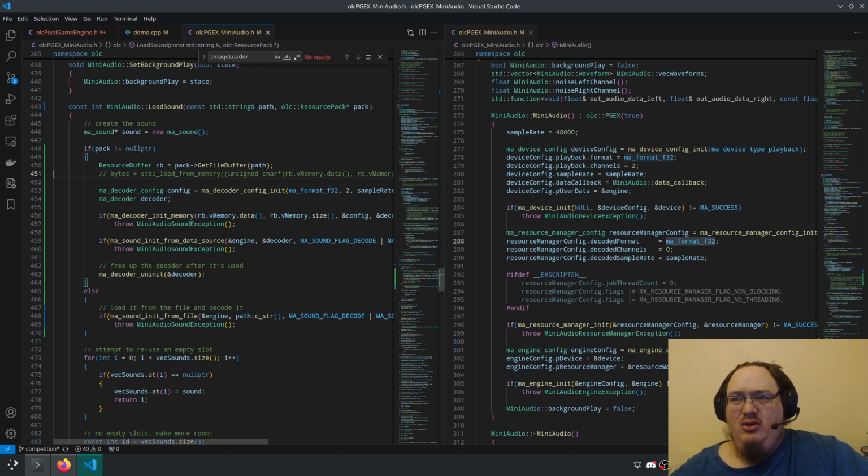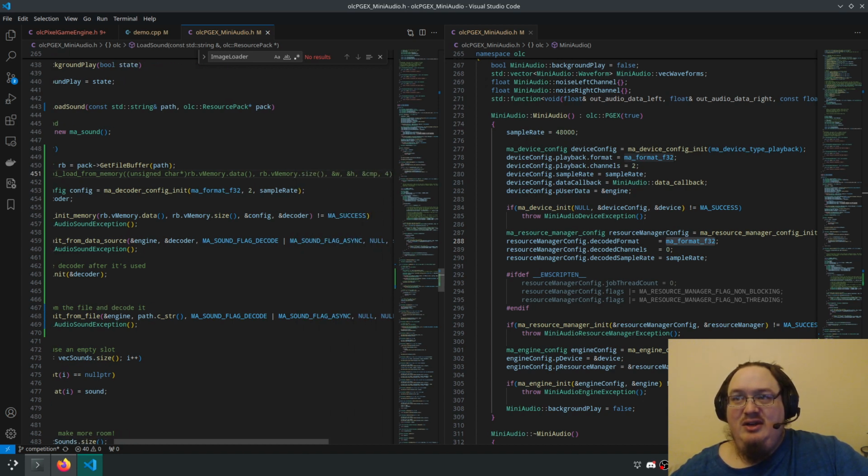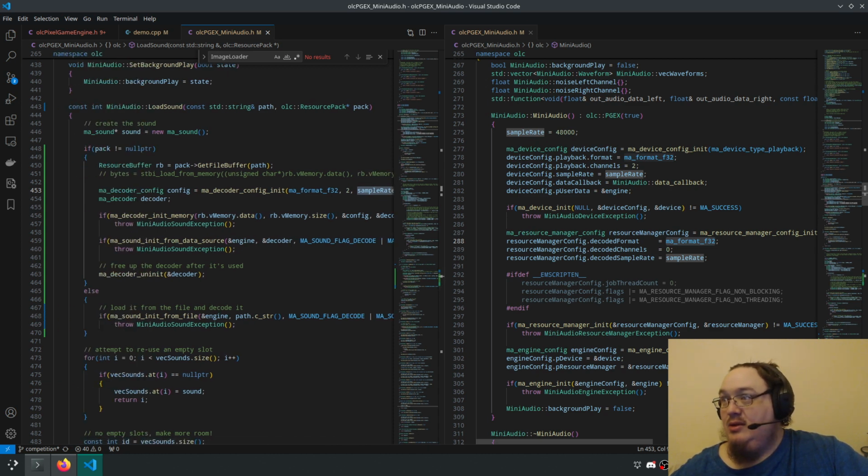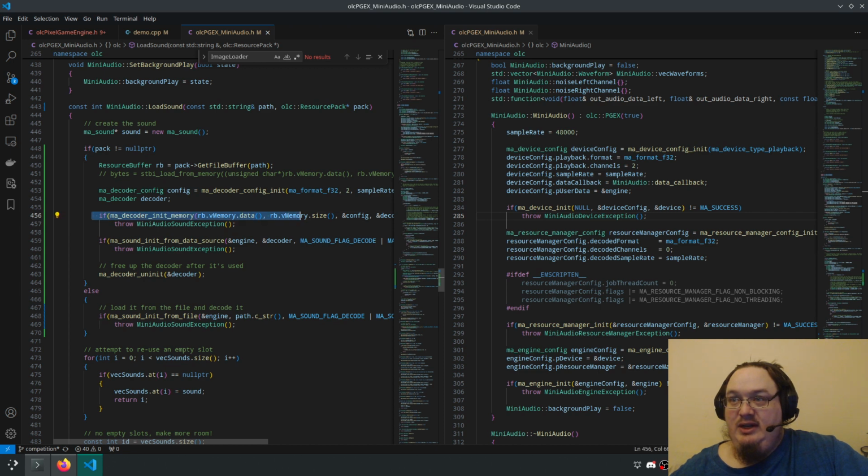All right, so the decoder configuration, float 32, 2 channels, sample rate, which is set in the constructor, decoder, initialize it from memory. We give it the pointer to the first one.